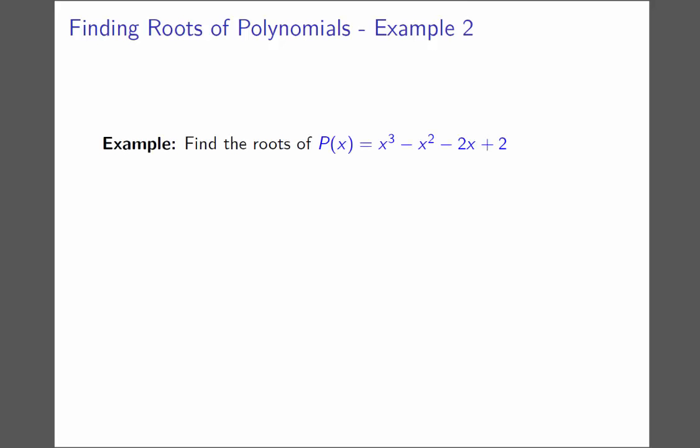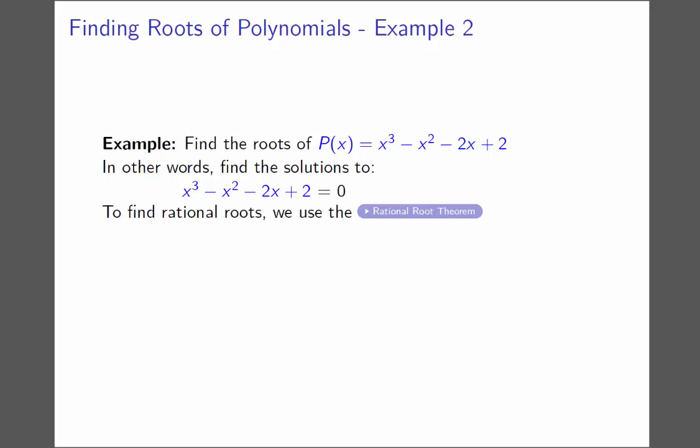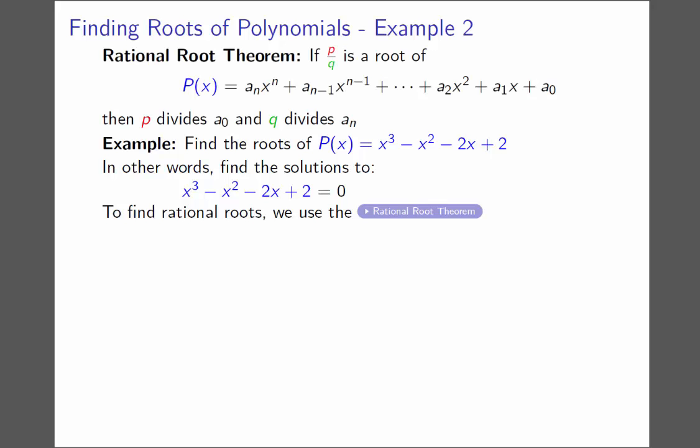In this example, we want to find the roots of the polynomial p of x equals x cubed minus x squared minus 2x plus 2. In other words, we want to find the solutions to the equation x cubed minus x squared minus 2x plus 2 equals 0. We saw that to find rational roots, we can use the rational root theorem, which says that